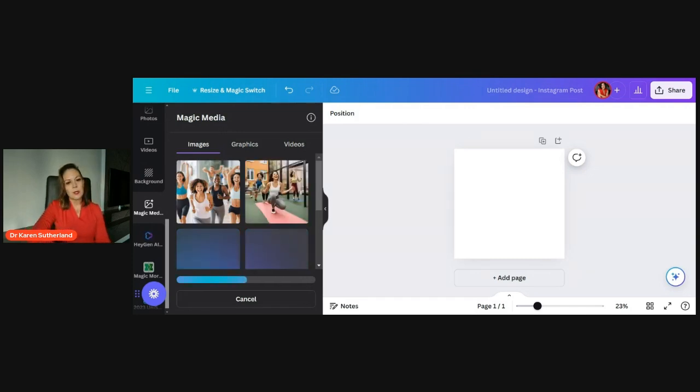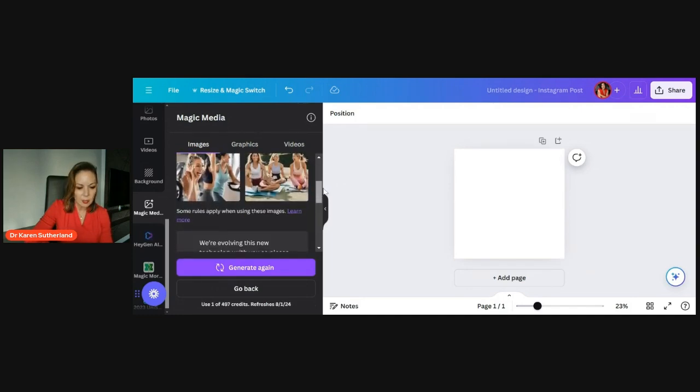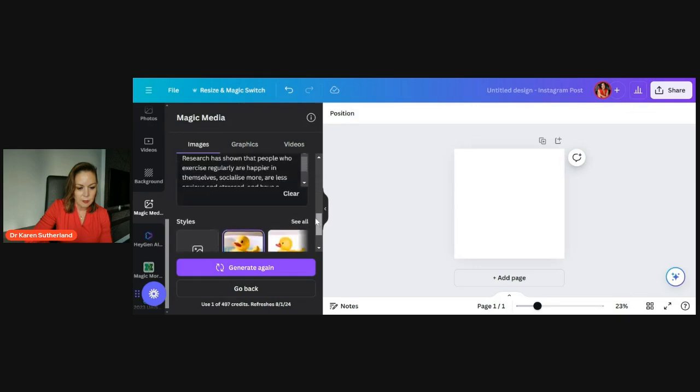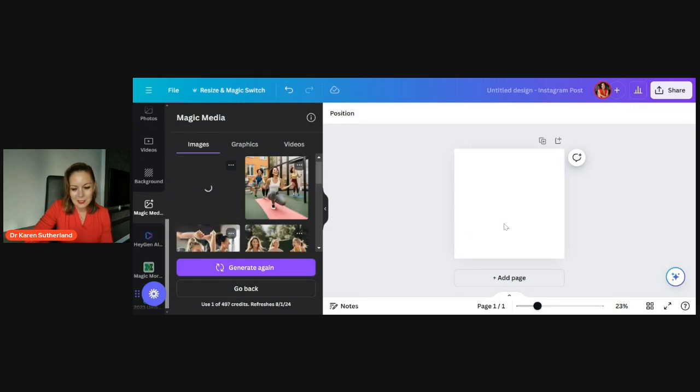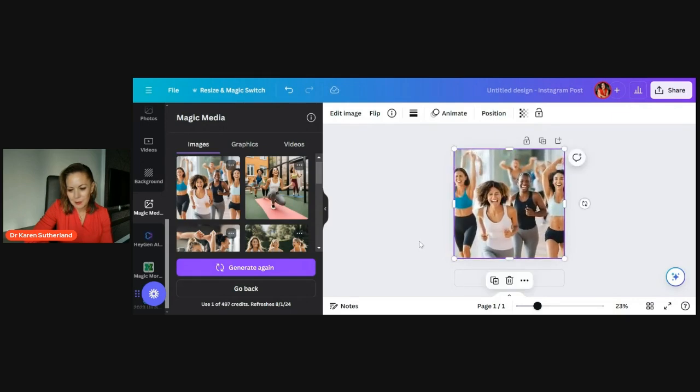Here we go. Here's some images it's come up with. And the point I'm trying to make here is it means that you can jump on a trending topic and take some lines from that, come over and then use that to create an image or your own image. It's funny how they're all women in there. But yeah, all right, let's use this image. There's happy people having fun there. Then let's go back now to the slides.